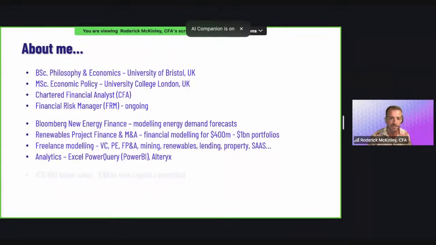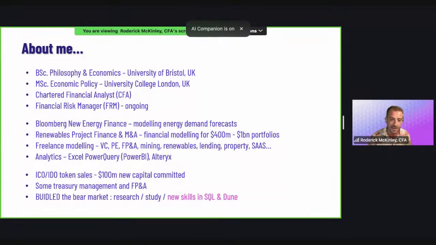As I said earlier, I stumbled into crypto during the pandemic and ended up working on token sales, white papers, token utility, and token economy planning that helped to get $100 million US of new capital committed to projects. I did some hands-on work with treasury management and financial planning and analysis. And after the disasters of 2022, which killed a lot of the things that I'd been working on, not all, but most,